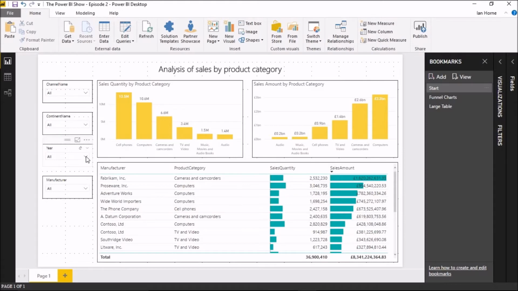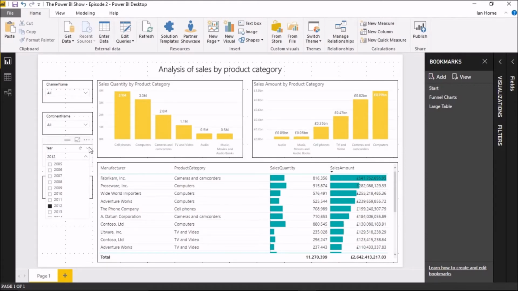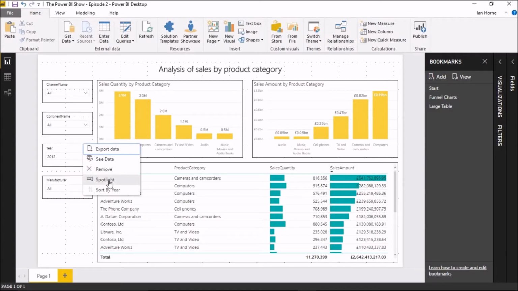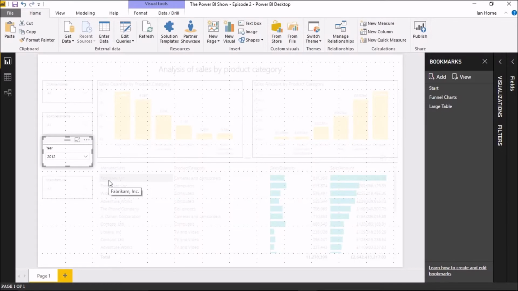I'm going to select a year. We'll go for 2012. And one of the other new features is the spotlight feature, and what that does, you can click here and select spotlight, and it just highlights a particular visual. So I'm going to add that as a new bookmark. I'll call that select 2012,